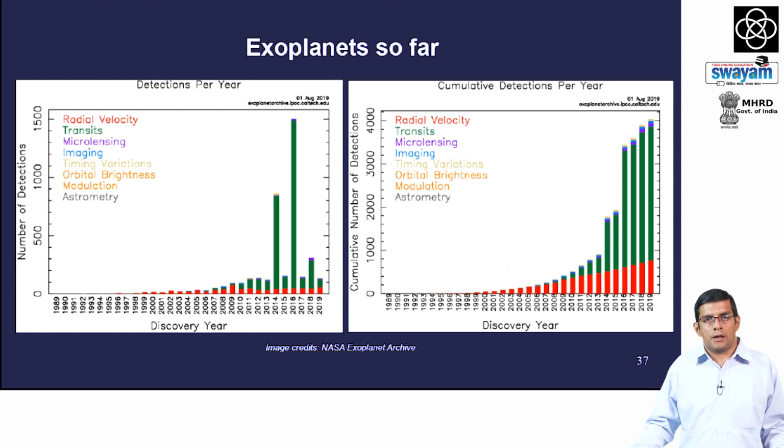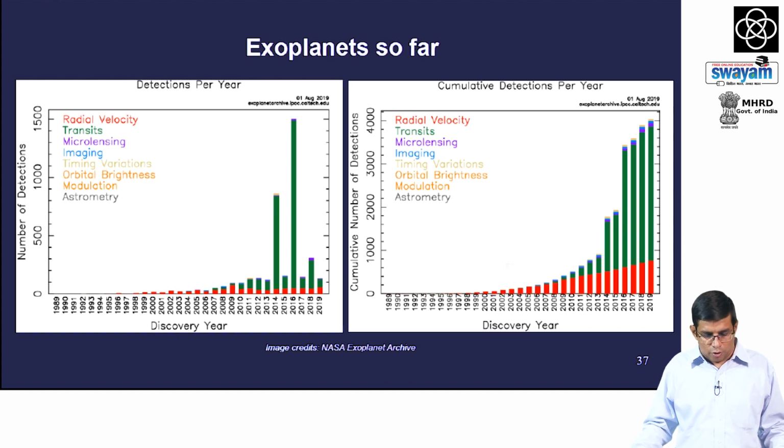So far the exoplanet discoveries have the following picture. Right from the first exoplanet discovered in 1989 till now, there have been nearly 4,000 confirmed exoplanets discovered so far. You can see that initially most of the discoveries were made through the radial velocity or the wobble method,